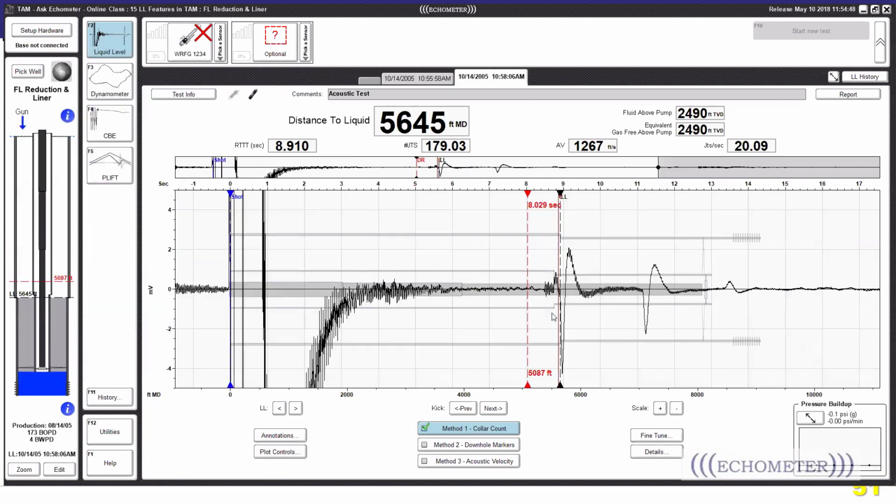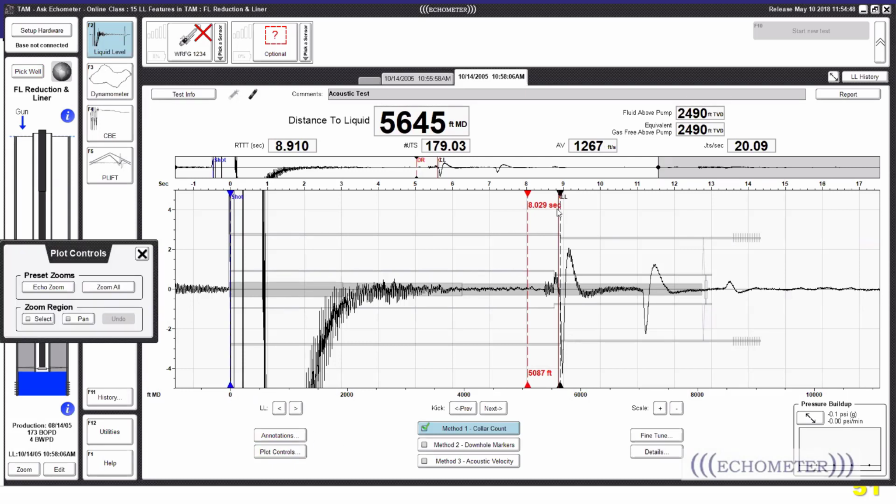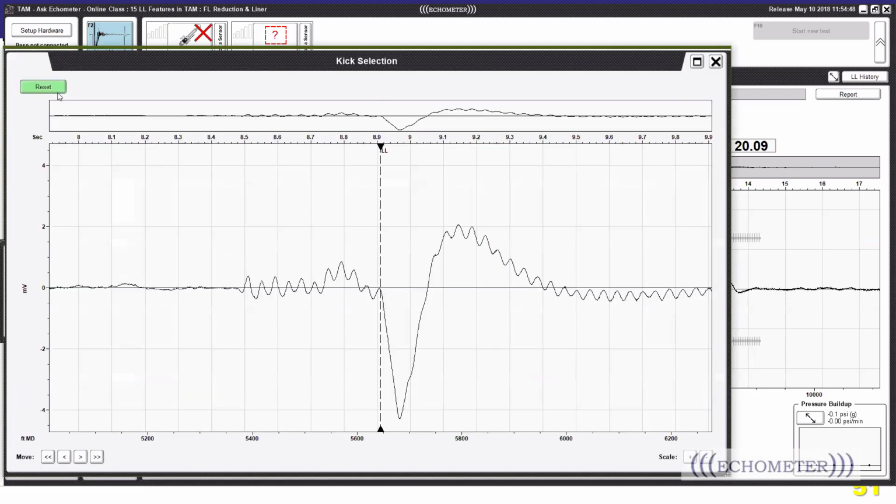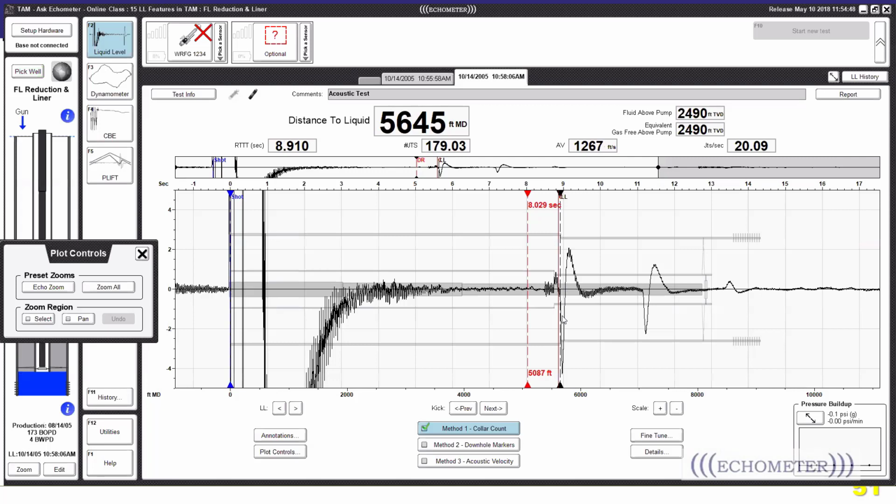This reduction liner is a good example of how important it is to input the information, a detailed wellbore schematic. I want to focus on this area here, so we'll click on plot. Let's check the liquid level. I will reset this. The software is selecting 8.9 as the liquid level, and I think the software is